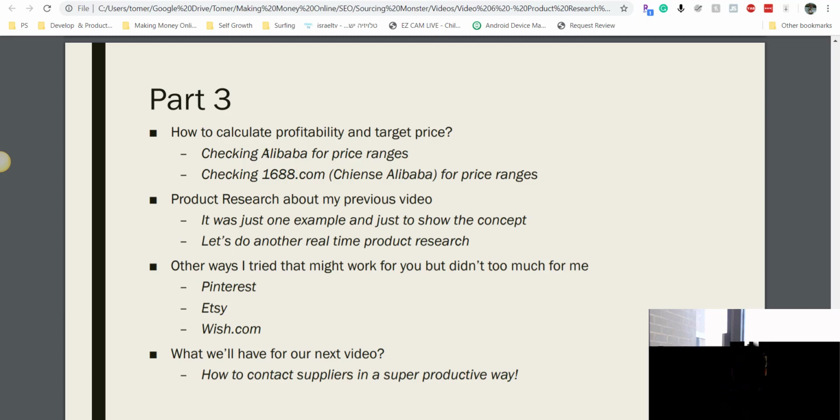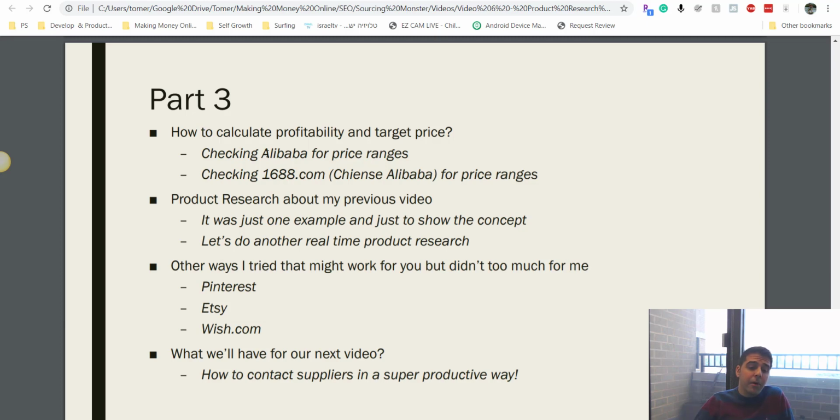I will also share other ways that might work for you, like finding product ideas on Pinterest, on Etsy, on wish.com. I find ideas that way, but I feel that it's not a very productive way. You can spend hours browsing through items, but you don't have the data like you do browsing Amazon itself through competitors. This is my favorite method because once you go to a competitor and view all their items, you can easily, with the Jungle Scout extension or the Helium 10 extension, tell whether this is a product that I'm going to